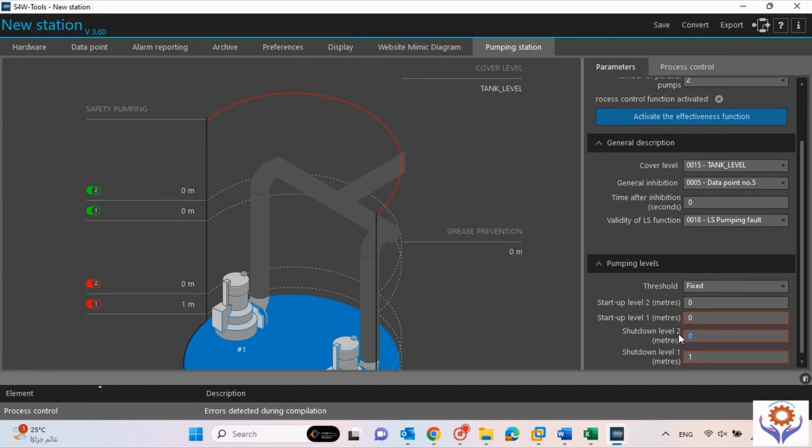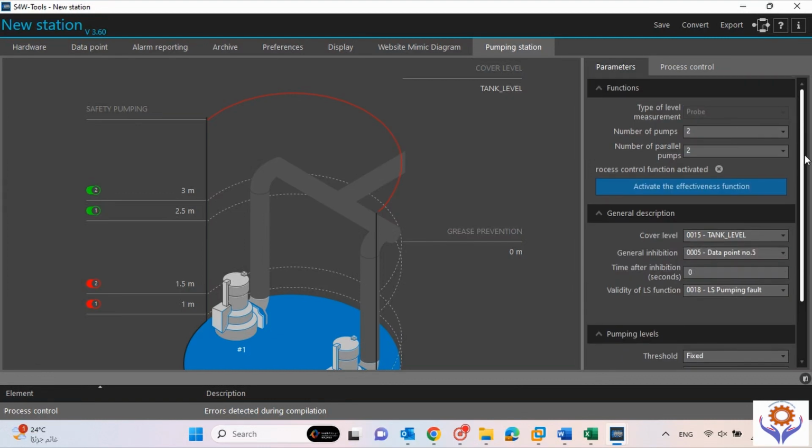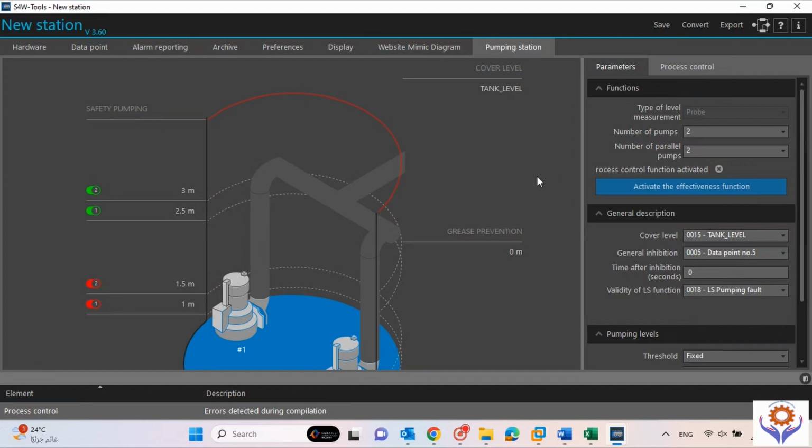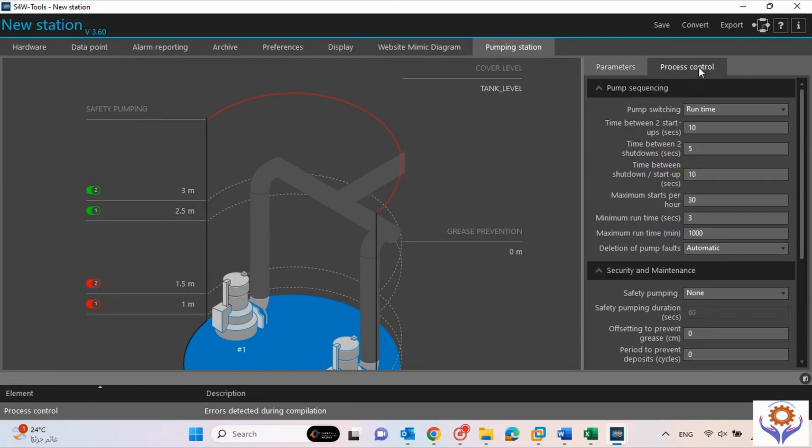And here I can give 1.5 meter, 1.5, it is in that low level, and I can put here 2.5 meter for this high level, and this 3 meter. So this is 3 meter. So you can add all the points here. See here. So once you activate everything, and if you see in the process control,